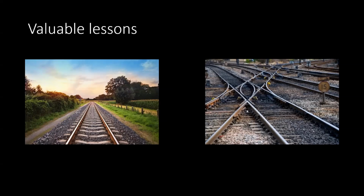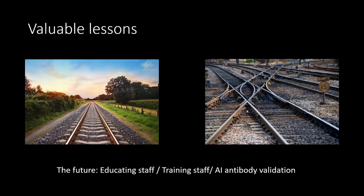Throughout the TRAC program, we found out a lot about the problems that are faced by the field who conduct immunohistochemistry protocols. From gaining a lot of insights about shortfalls in histology, the next step forward for Vaulted is to pivot our solutions to the main problems that have been brought up by these customers. We believe we can solve a big part of the main problems faced by all fields, including educating staff and antibody validation, with a simple